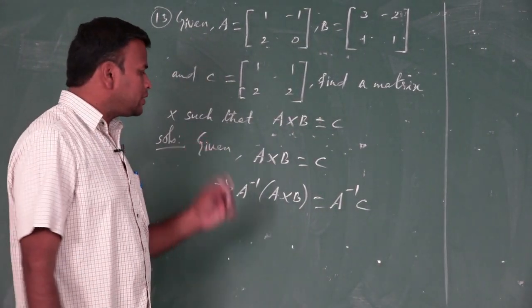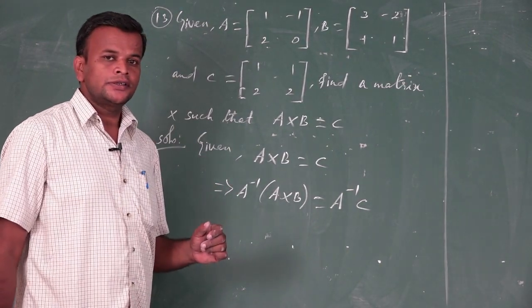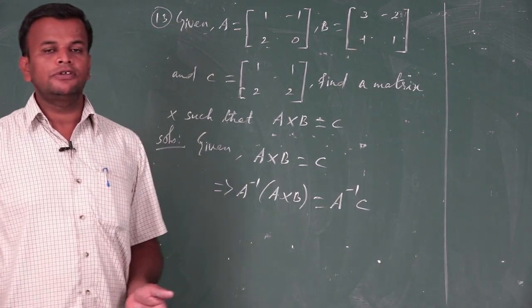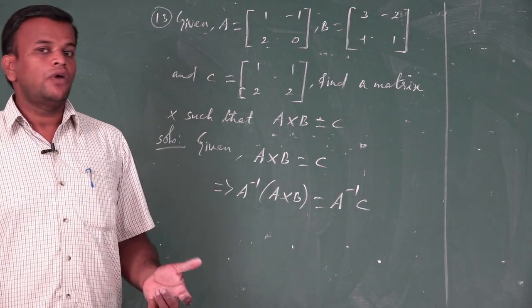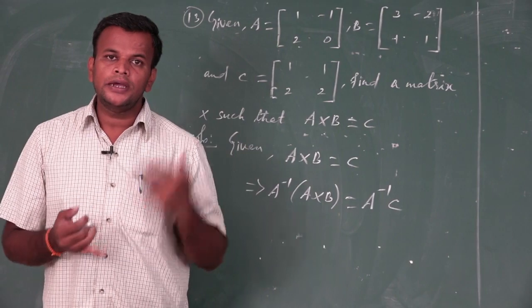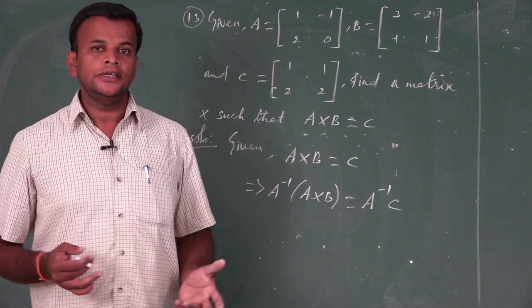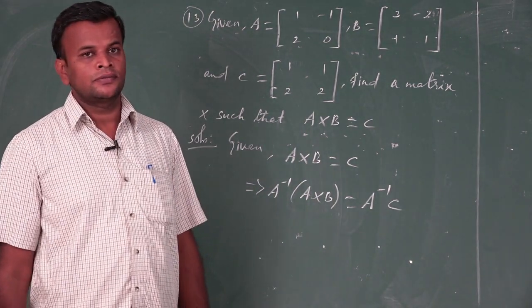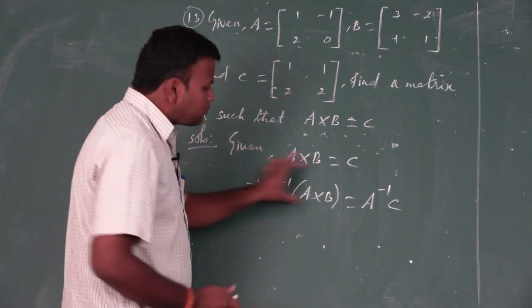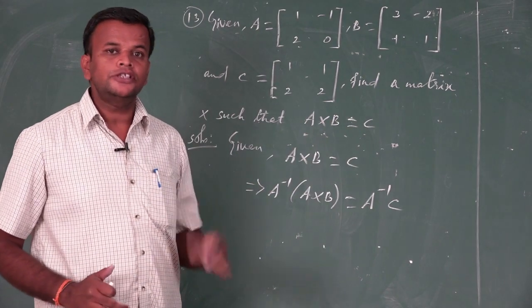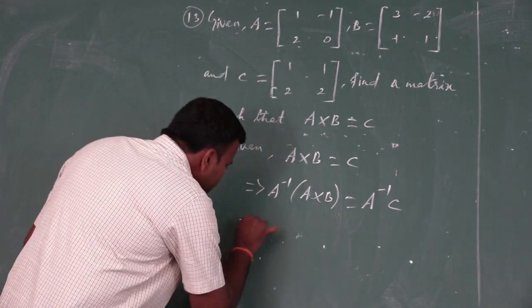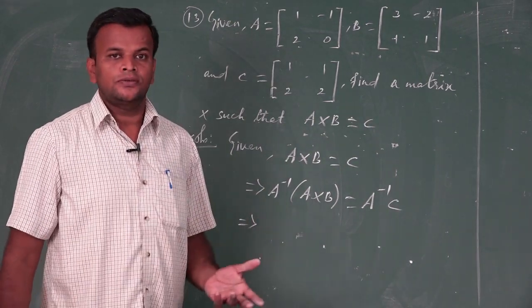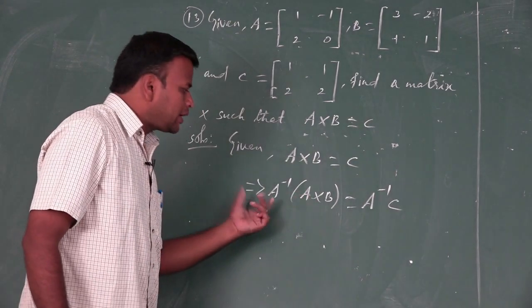What is the particular reason to pre-multiply A inverse? In the left hand side, the matrix is A, and the inverse of A is A inverse. We already know the product of A and A inverse is always identity. So that's why we pre-multiply A inverse on both sides. We pre-multiply both sides by the same matrix, so the value cannot be changed. Matrix multiplication is always associative. That means we can change the brackets in any manner.